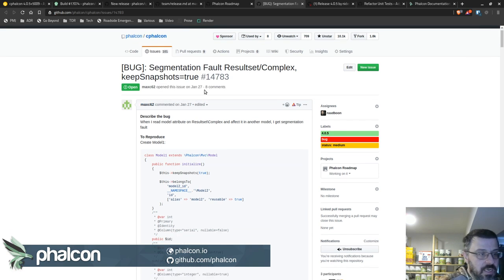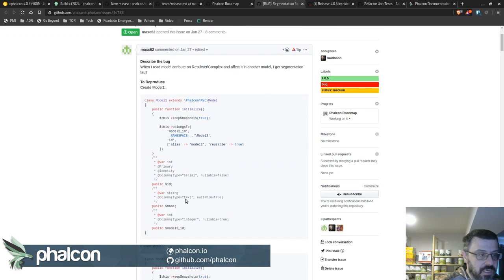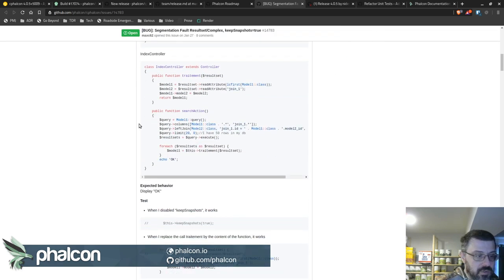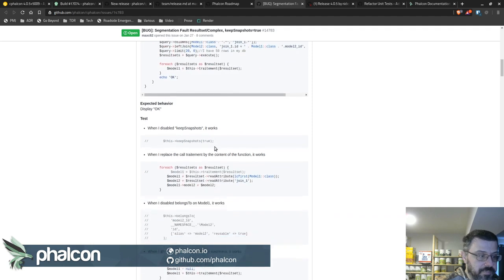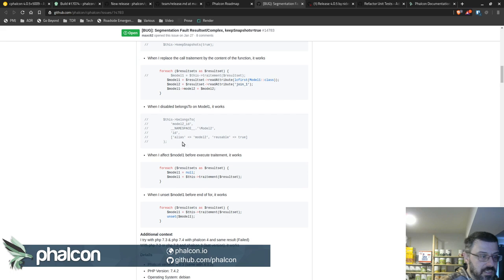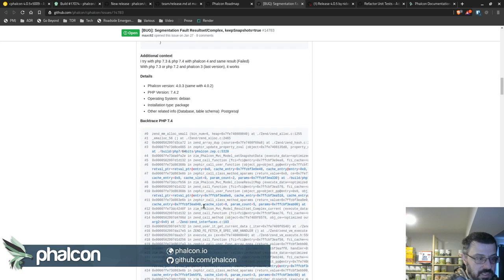So he opened this at the end of January, and he said, okay, I have a model, looks like this, and then I have a second model, looks like that, and my index controller, I do this. Okay. And then I see all these things, and then when I change this and when I change that and so on and so forth, this is how I see the error,